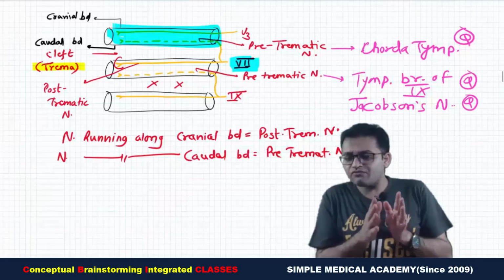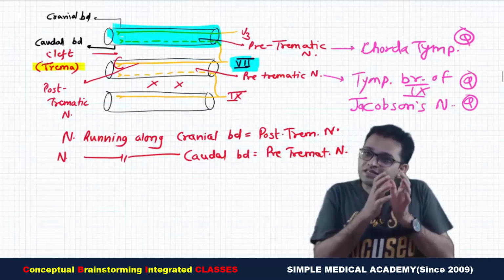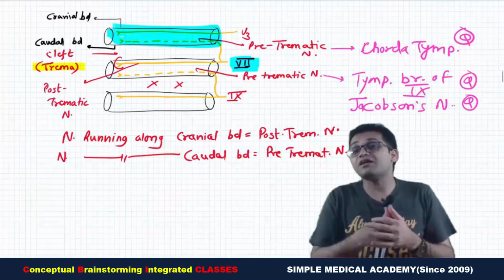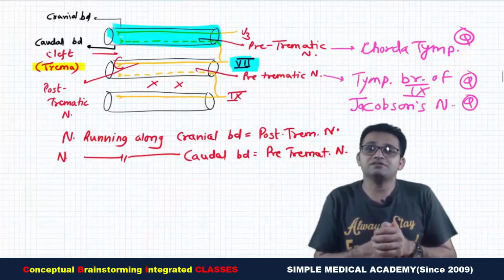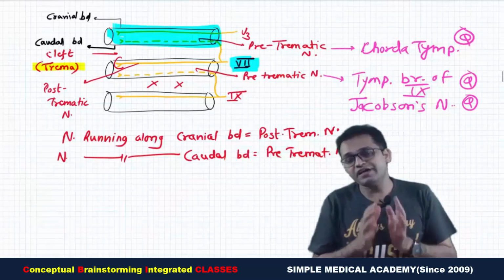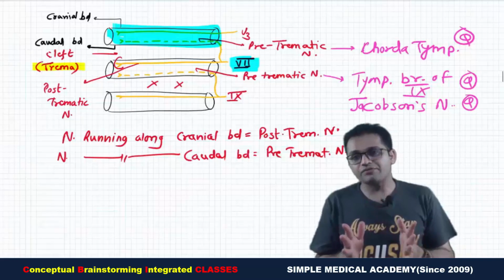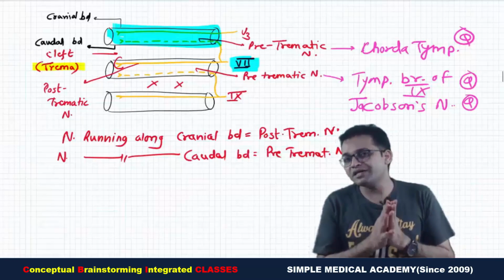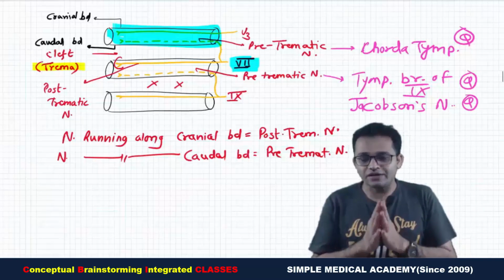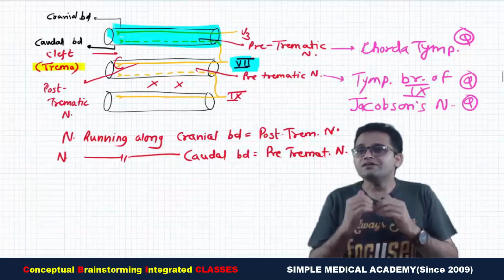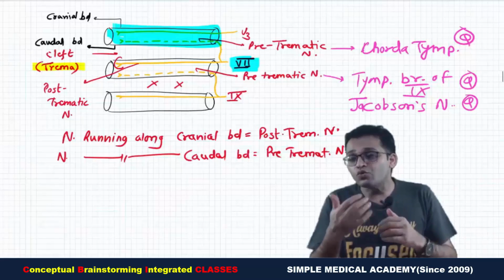Now, are you getting the idea why the anterior two-thirds of the tongue is developed by the first arch, even then it is getting innervation by the nerve of the second arch? Chorda tympani, taste sensation. Again, we will discuss the same fact in better way in the development of the tongue, but just one concept, the pre-trematic and post-trematic nerve concept. Remember, this pre-trematic, post-trematic, during evolution in human beings, these nerves are rudimentary.